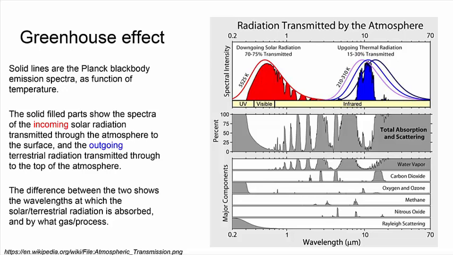So this is telling you how much of the black body spectrum is absorbed by gases in the atmosphere as the solar radiation comes down to the surface. This shows the total percent that's absorbed and scattered, and then it shows it for each gas or scattering process. A large portion is absorbed by oxygen and ozone. This is in the UV, so the very small wavelengths. So that's what's absorbed, so it doesn't get down to the surface.